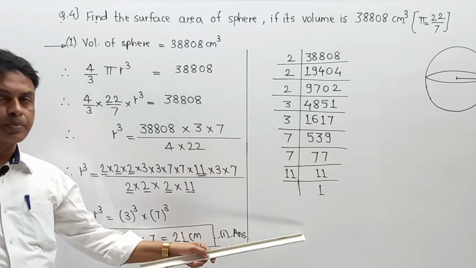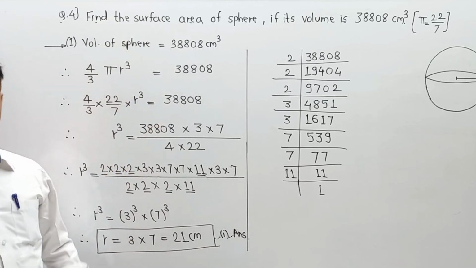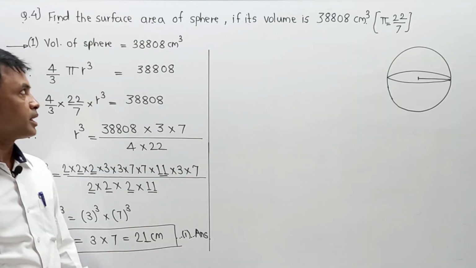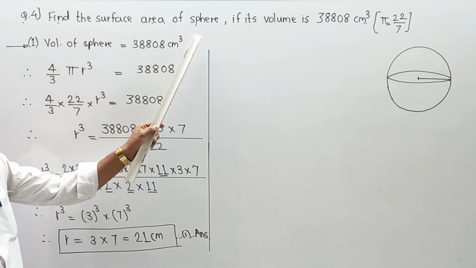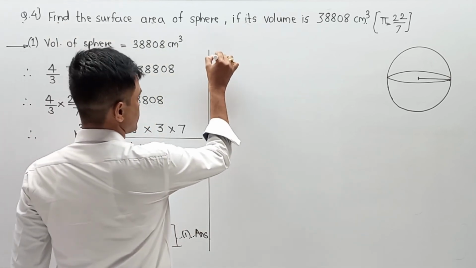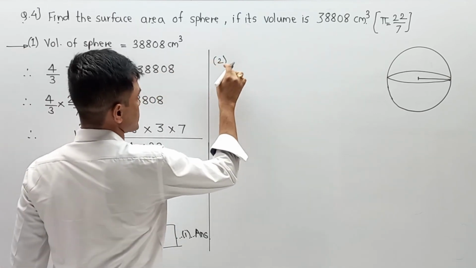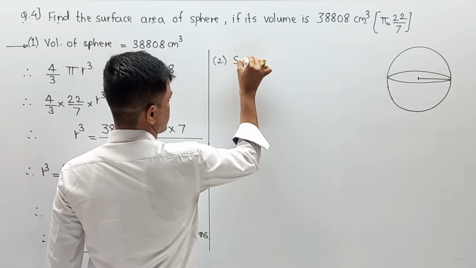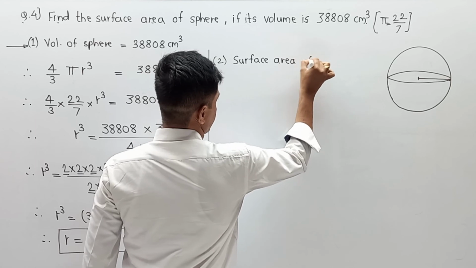Now I am going to erase this part, and here I am going to write surface area of sphere. So please pay attention. Now our second part is to find the surface area of sphere. So I am going to give this part as the first, and this part as the second. Surface area of sphere,